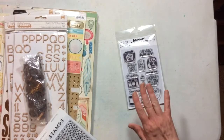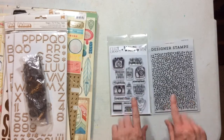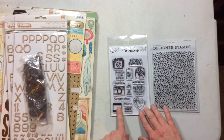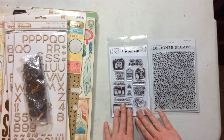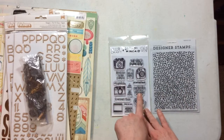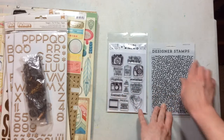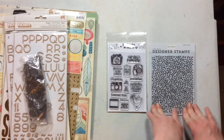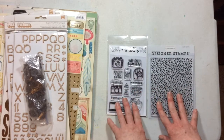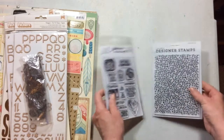I chose to add stamps to my kit this month because these two stamps are brand new. I think I may have used the cameras from these stamps once, maybe twice, but they're real easy phrases to use, real easy things. They would work for any kind of photos, and this Cartabella stamp I have used once. So I went ahead and grabbed two stamps that maybe I have been neglecting, haven't used as much as maybe I wanted to, and those are the ones that I decided to add to